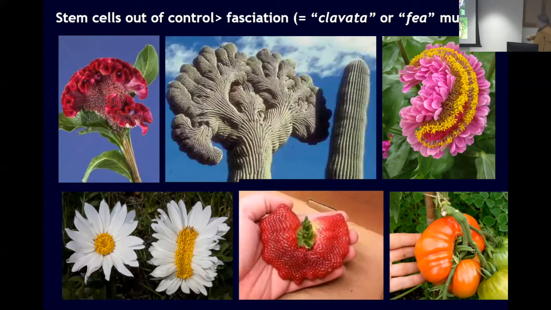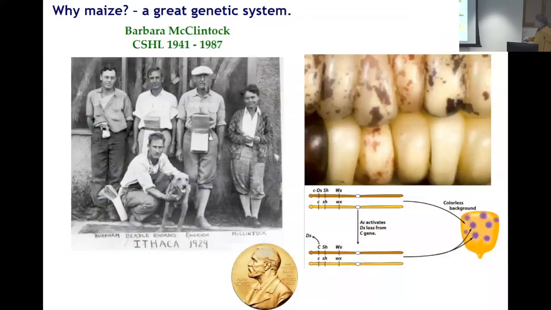Okay, so tomato, for example. Work from Zach Lippman and Esther van der Knaap has shown that a CLAVATA mutant is what gives rise to this beefsteak tomato. Okay, so